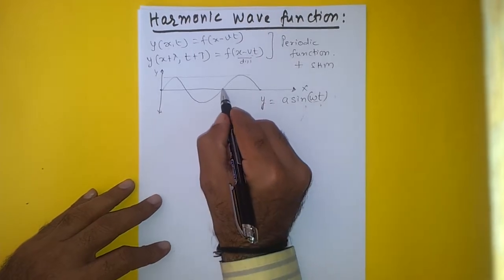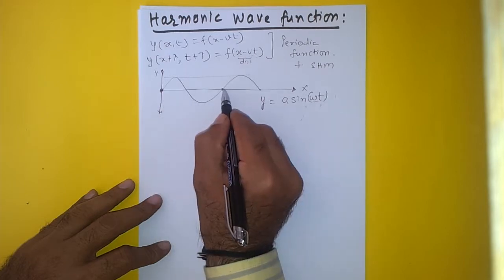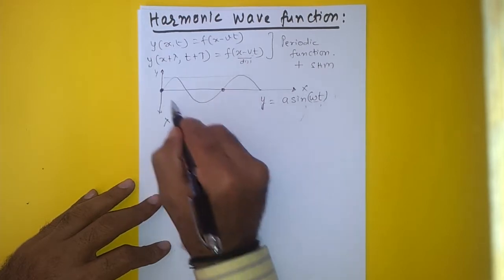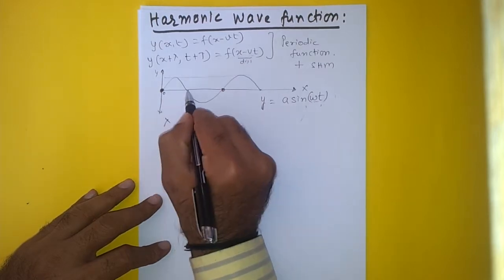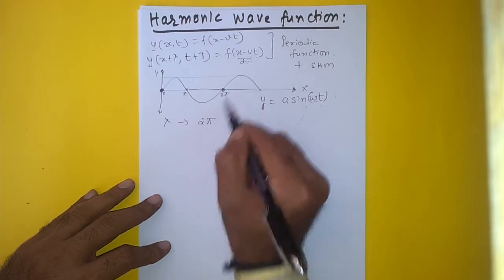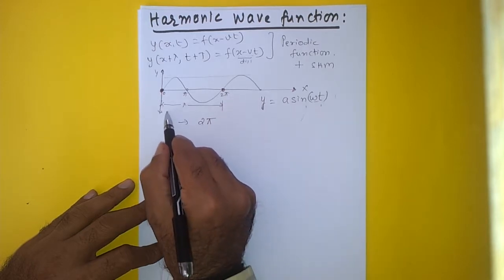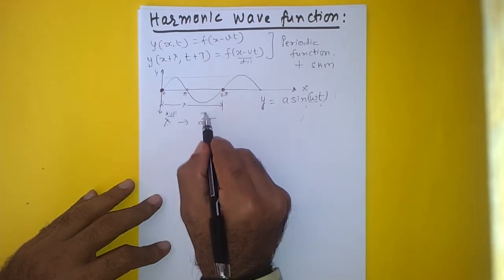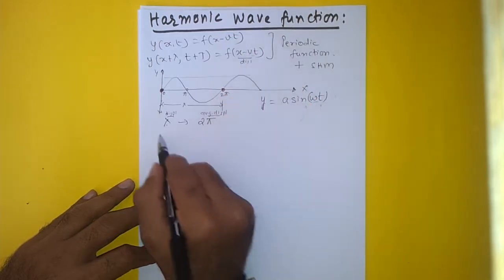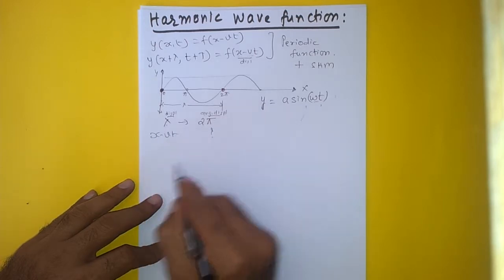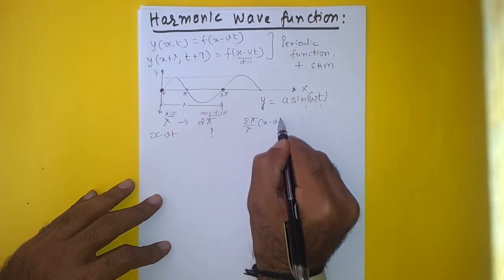Okay, this is what we do. We say that if the wave moves along for a distance of lambda, that is one wavelength, then the angular displacement corresponding to lambda is 2 pi, right? If this is 0, this is pi, this is 2 pi, and this length is lambda, one wavelength. So when the displacement is lambda, the angular displacement is 2 pi. So if the displacement is x minus vt, what would be the angular displacement? Quite obviously, it will be 2 pi upon lambda times (x minus vt), right?